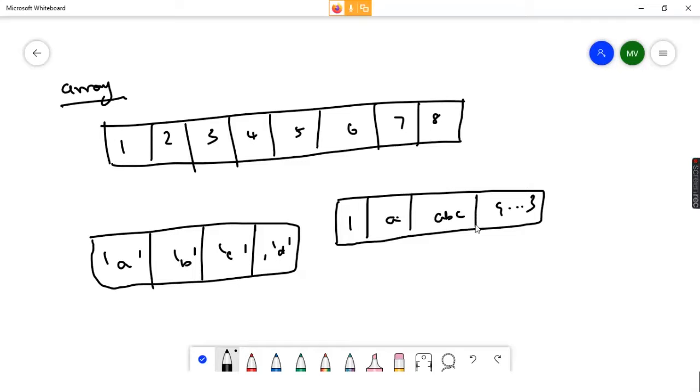It completely depends upon which programming language you use. If you are using Java or C++, then you can do this. If you are using JavaScript or Python, definitely you can do this. But here, no worry, we are just learning what data structure is, and data structure is a concept-oriented thing.